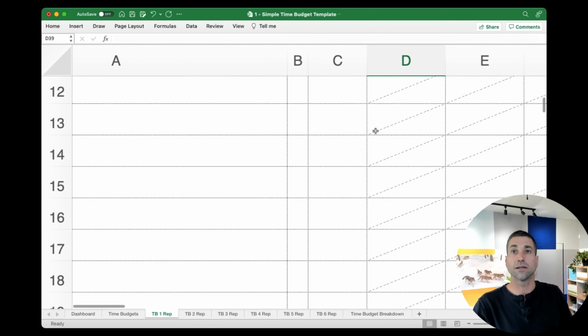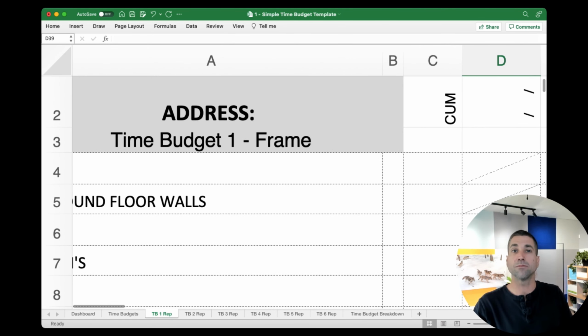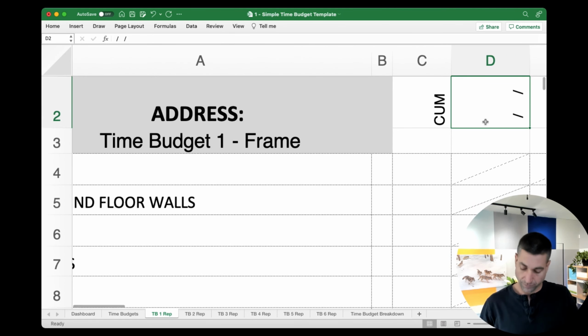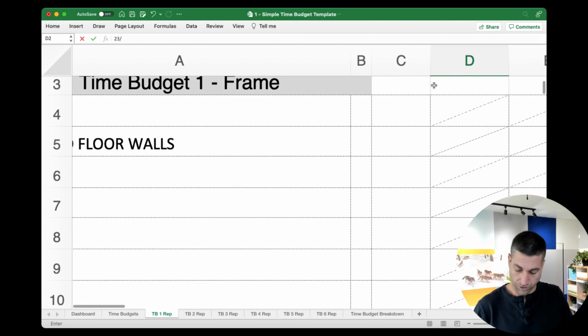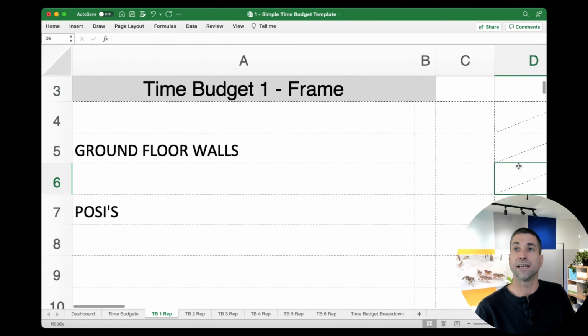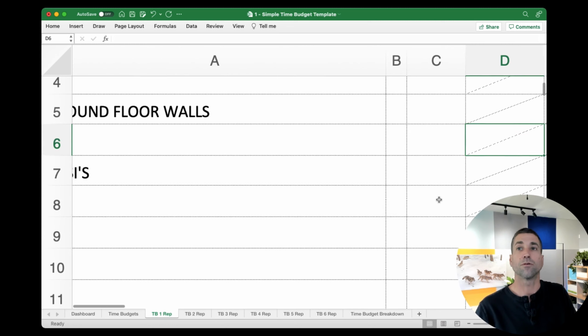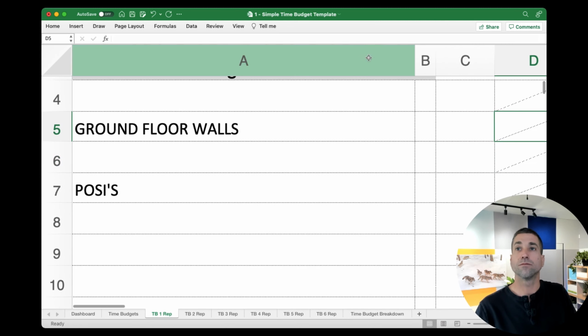So if I said, right, I would do this on a tablet and I'd go, yep, cool, what have we done today? I'd go 23rd of the 12th, 21. It doesn't like the size, but that's all right. 23rd of the 12th. It's there, that's all that matters. I'm not going to worry about formatting now. And I went, right,